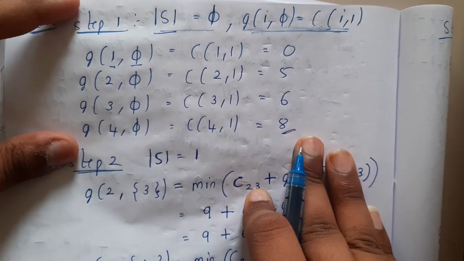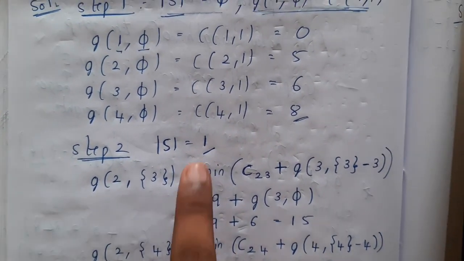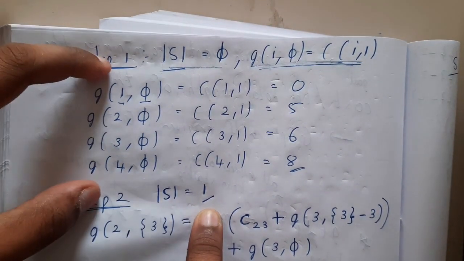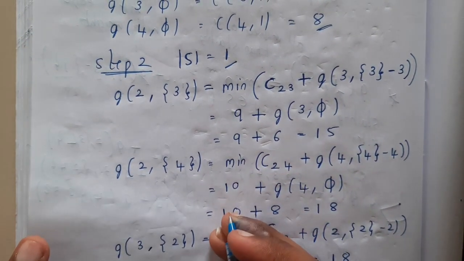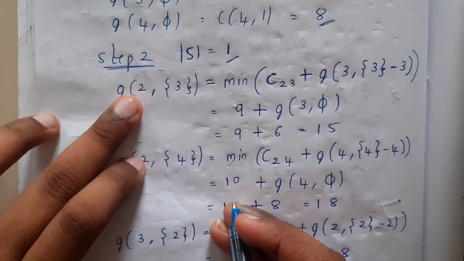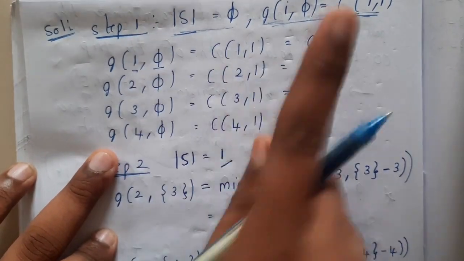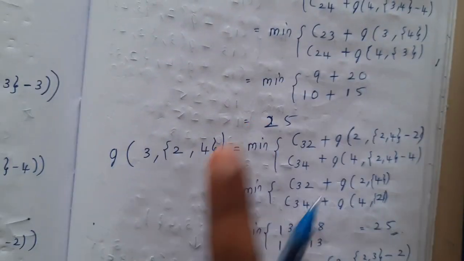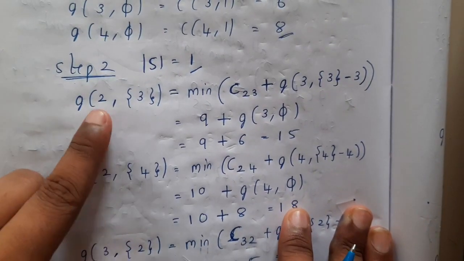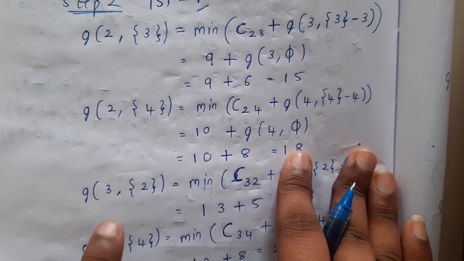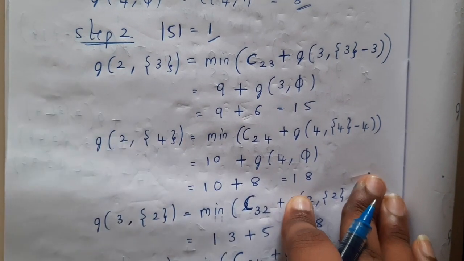So your question will be, we are done with step 1, so what is the next step? You'll be assuming the length is 1 now. So indirectly you will be using these values to find these values in step 2. If you take an example, you'll be writing all the possible combinations. The first index might be 2, 3, or 4, because 1 is already done. In step 1 we are done with 1, so there is no checking back about 1. Now you'll be continuing the process with 2 comma 3, 2 comma 4, 3 comma 2, 3 comma 4, 4 comma 2 and 4 comma 3. With all these combinations you will be solving it now.